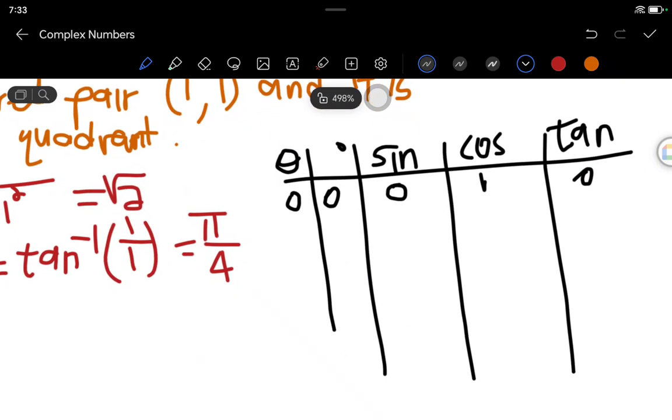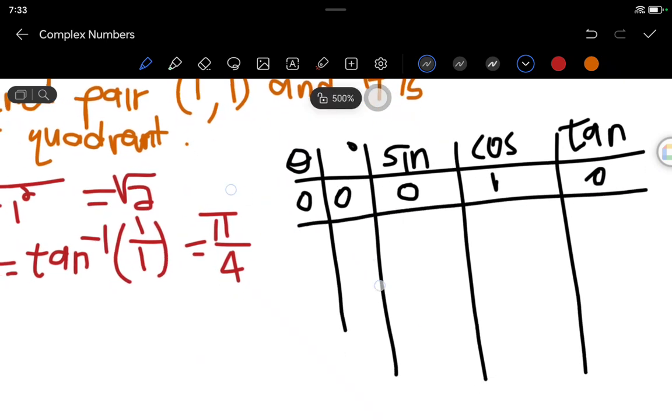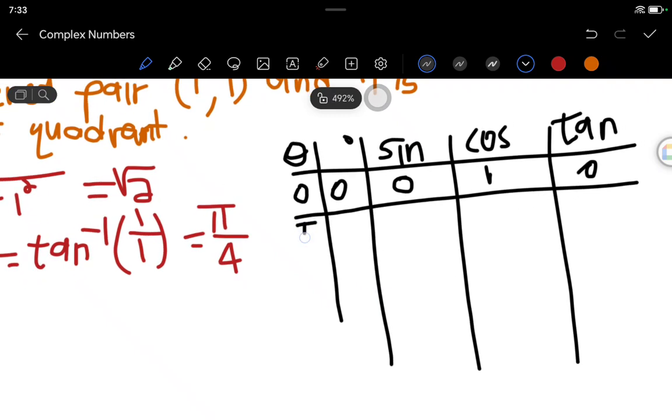And then the second one here, we're going to have pi over 6. And then usually pi over 6 is like 30. So if we check 180 divided by 6, we get 30, right? And then we say that sine of pi over